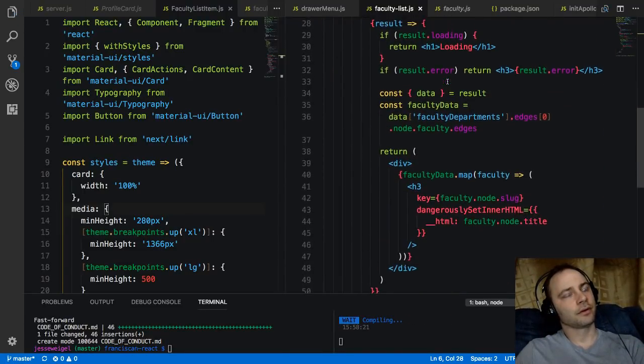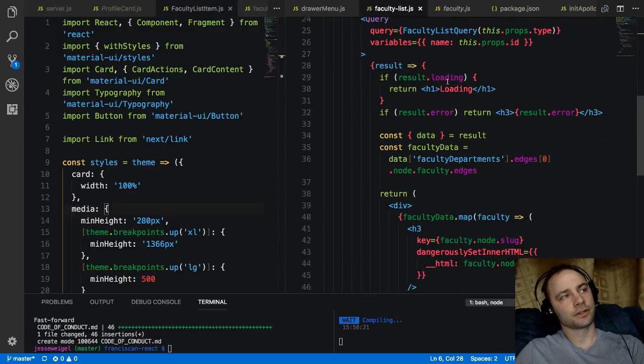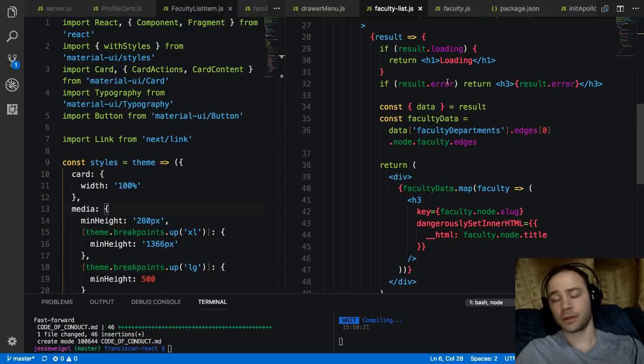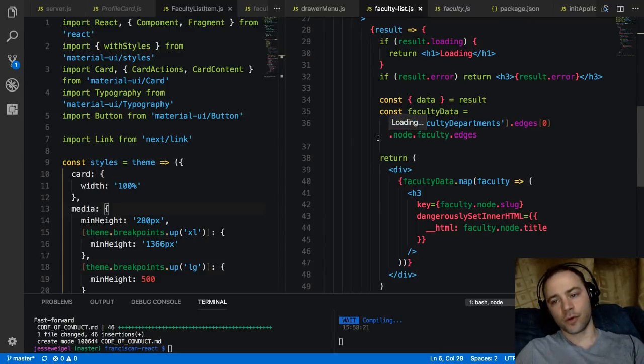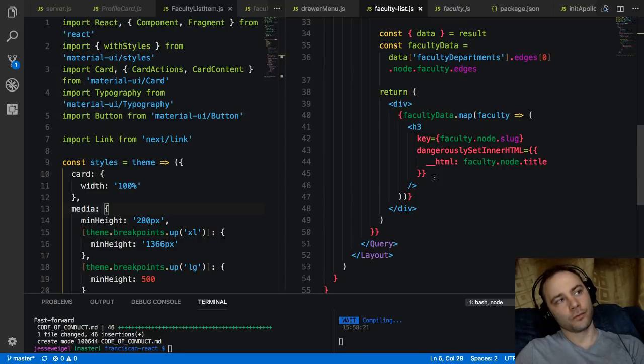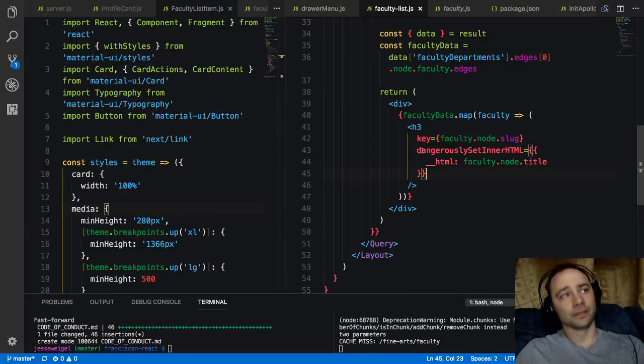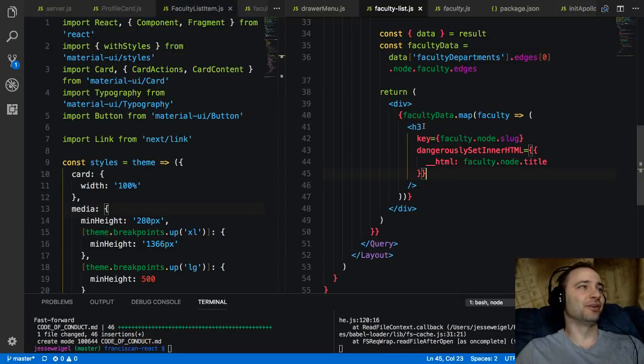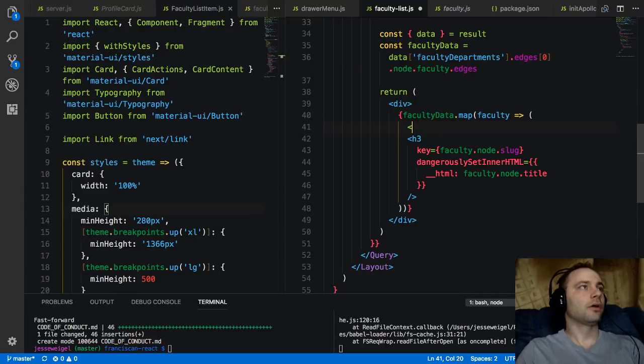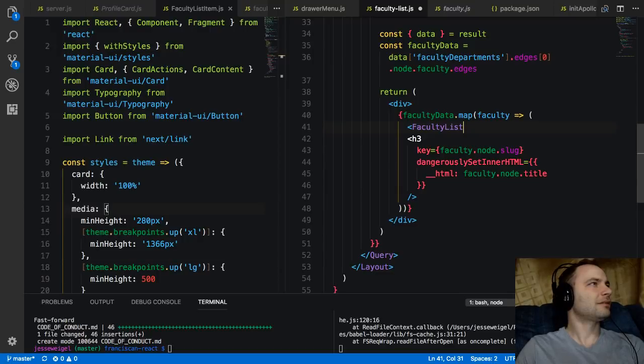And if we go down here in our faculty list.js, this template page, we can see we're already grabbing our data from GraphQL, and we're already mapping over it. And what we're doing right now, when we did this just as a test, was just threw this into an H3. So we don't want to leave it like that. That's not really visually appealing. So now we're going to replace this with our faculty list, what do we call it again? Item. So our faculty list item,